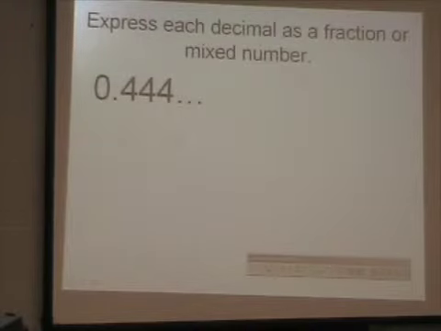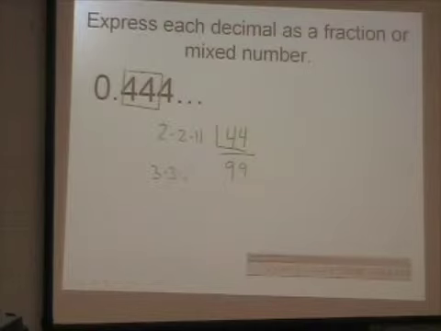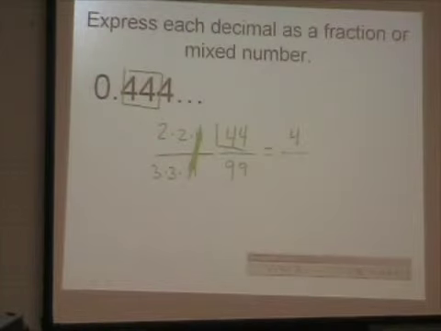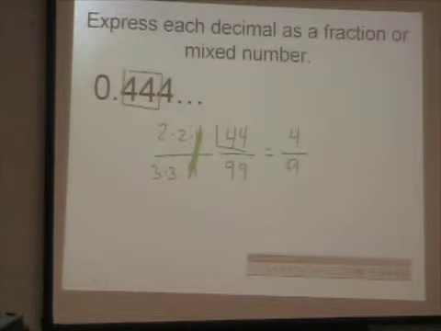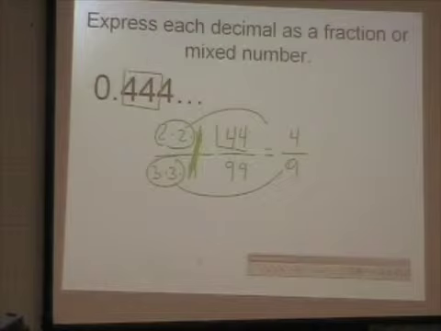Okay? I've told you to take 2 places after the decimal, and since this repeats, I put it over 99. Now, into 44 goes 2 times 2 times 11. Alright? And into 99 goes 3 times 3 times 11. Now they both have an 11, so it cancels. And the simplified version of 44 over 99 is 4 over 9. 2 times 2 is 4. 3 times 3 is 9. Okay? This is the simplified version of the repeating decimal